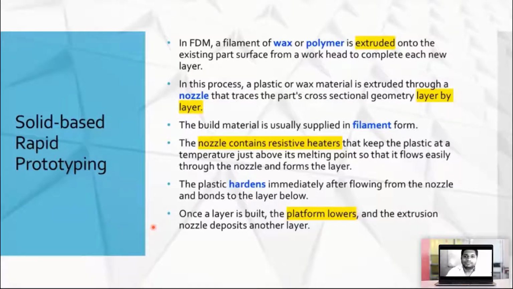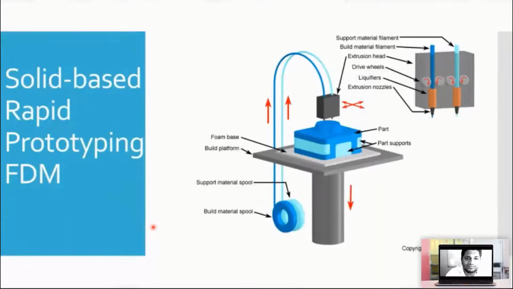So this is a diagram of a fused deposition modeling printer. It uses a thermoplastic filament. As you can see here, we have two nozzles. Nozzle number one is support material. When we are creating a model, if I want to create this key, it will fall down if I don't give support. So I put some supports below it.